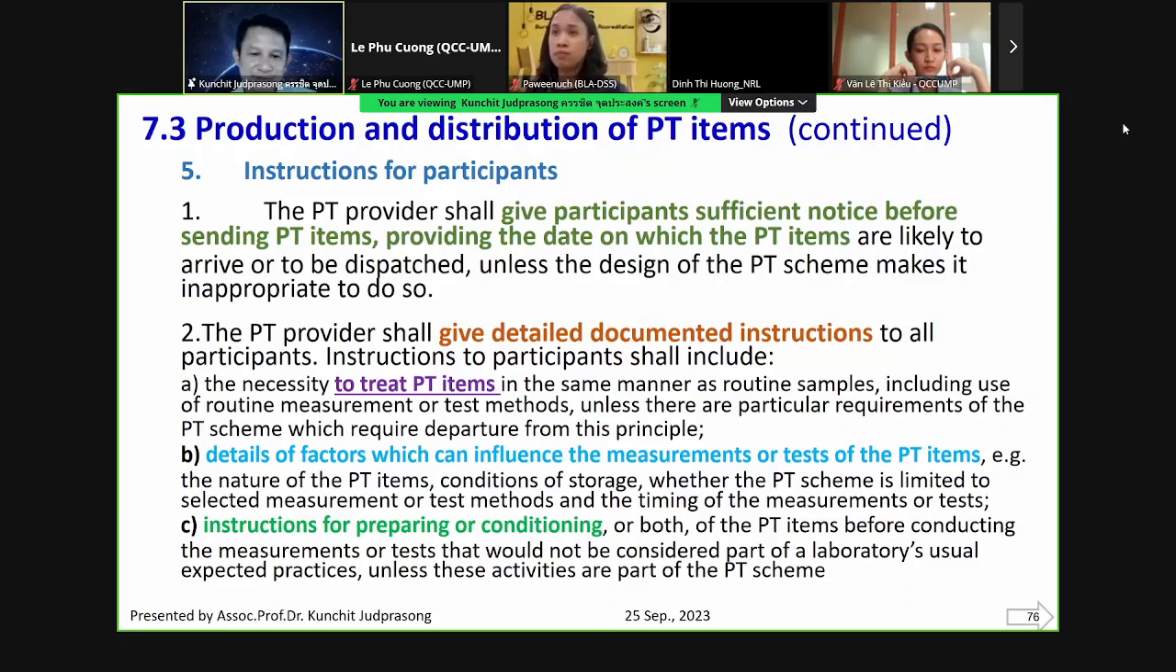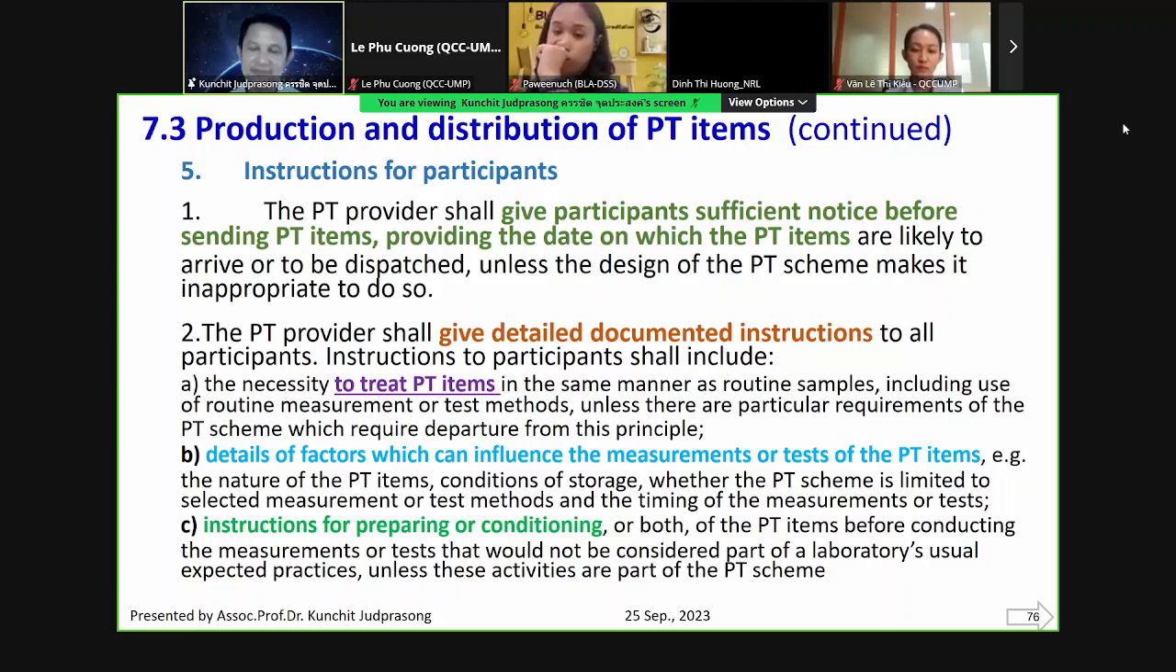I have the experience of participating in an international PT program. They mentioned that when you receive the sample, you have to put it into an oven for 3 hours and then bring it back and let's start analysis. So it means this is the instruction that you need to tell the participant, what they should do before